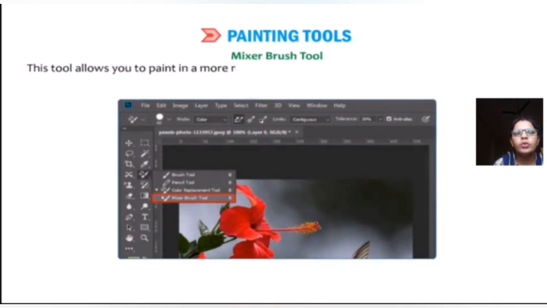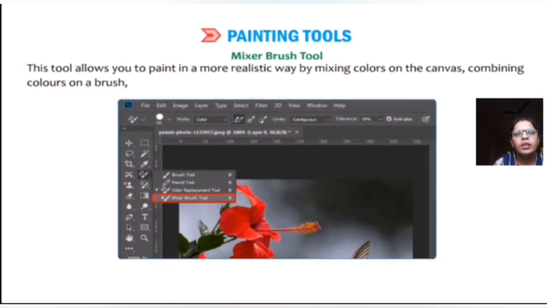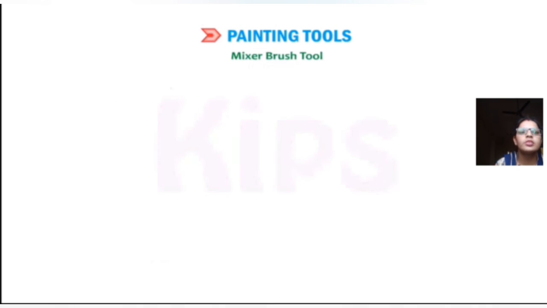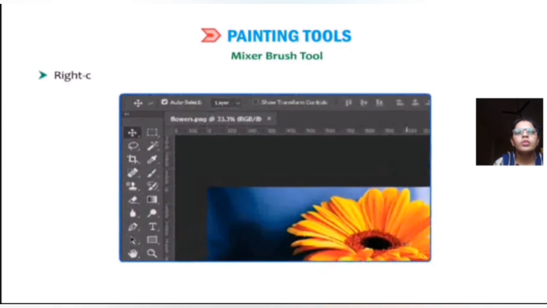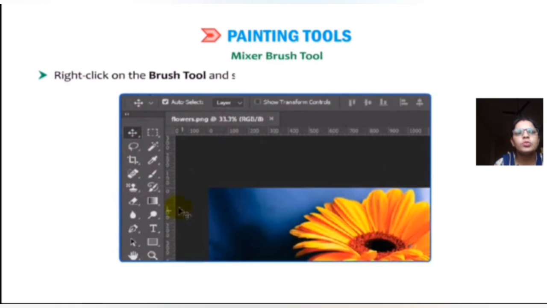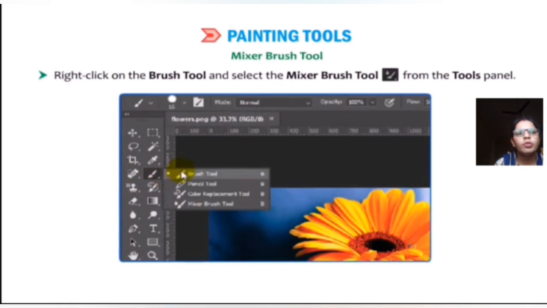This tool allows you to paint in a more realistic way, mixing color on the canvas, combining color on the brush, and varying paint wetness across the stroke.